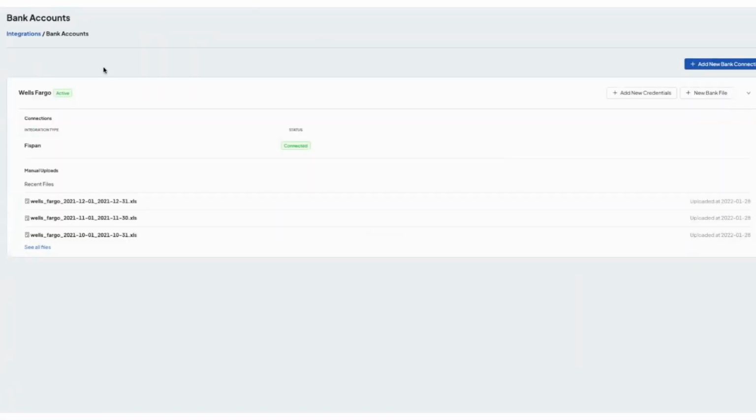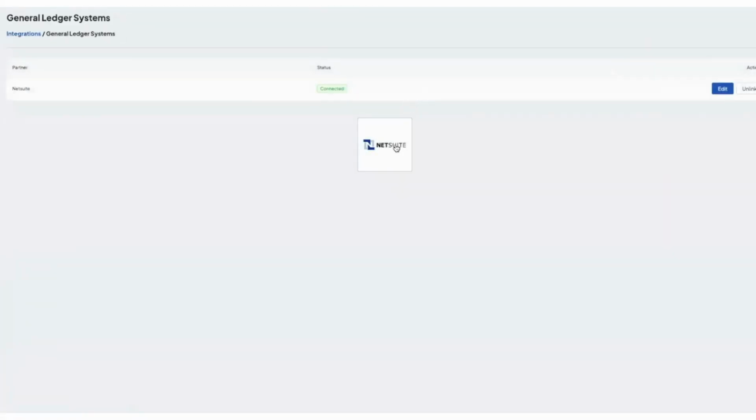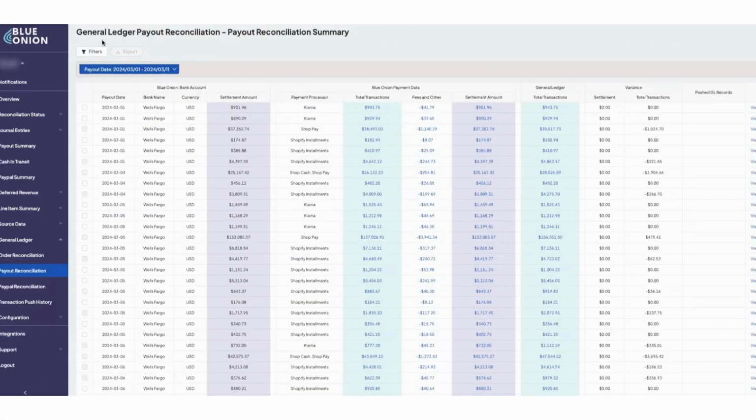Bank accounts, we use services like Plaid or Teller, or can also connect through third-party integrators into NetSuite or use your file cabinet in NetSuite to grab that bank data. And then finally, we're going to do that NetSuite integration, which is both a pull and a push integration. So first, we'll look at what that pull looks like as I jump back over here to our general ledger